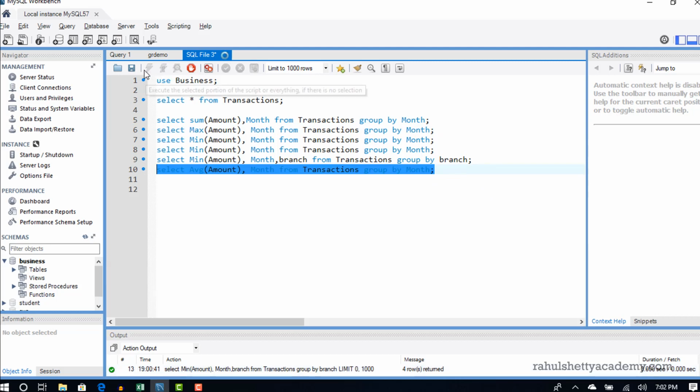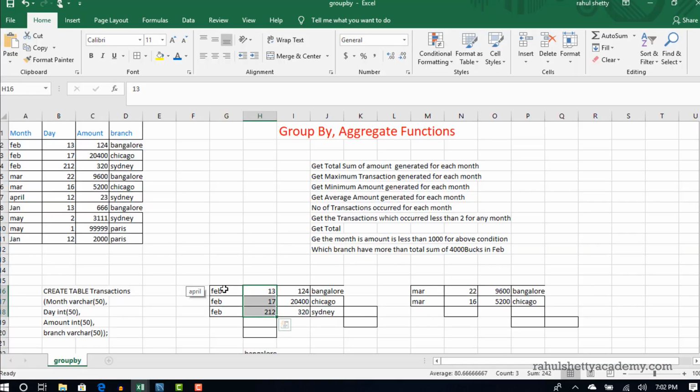So in April it's 23, April 12, and do we have one? Oh sorry, 23 is the only one amount, so you got an average. So in January it's 2000 plus 666 divided by 2. Basically it does an average of all your amounts. So this is your February records, right? When you ask maximum it gives this, when you ask minimum it gives this. When you ask sum, it will add all 3 records in that group. But when you ask average, it does 124 plus 20,400 plus 320 divided by 3, and you get an average